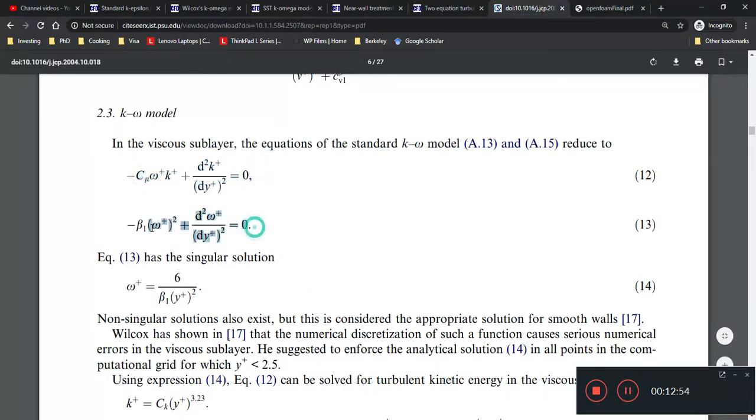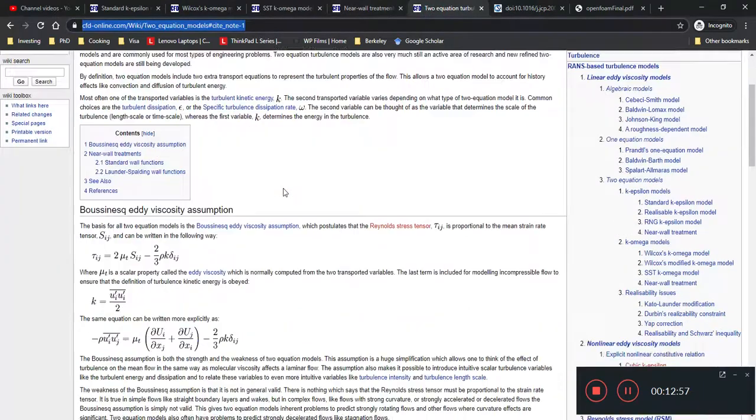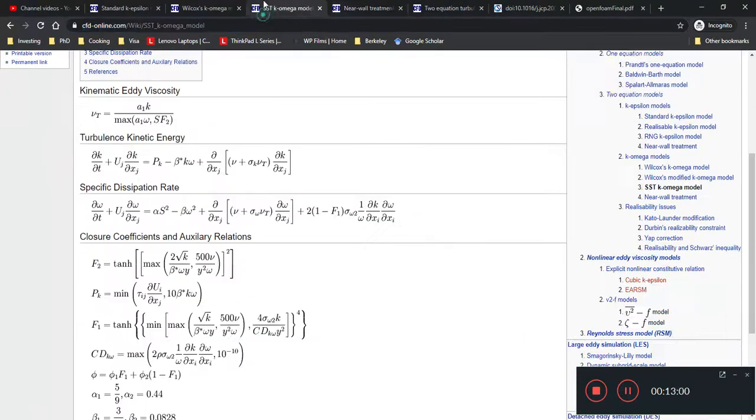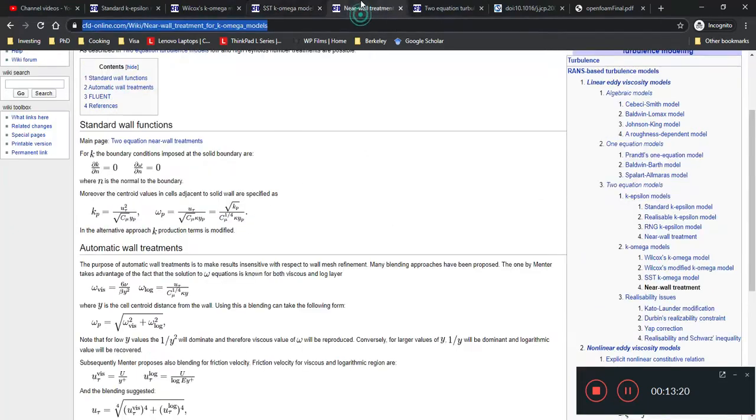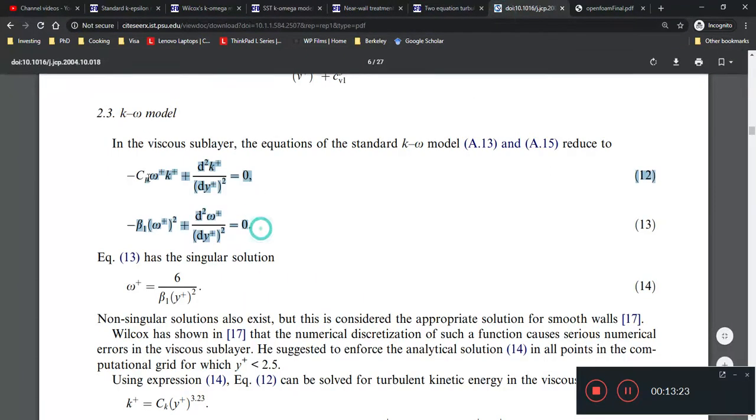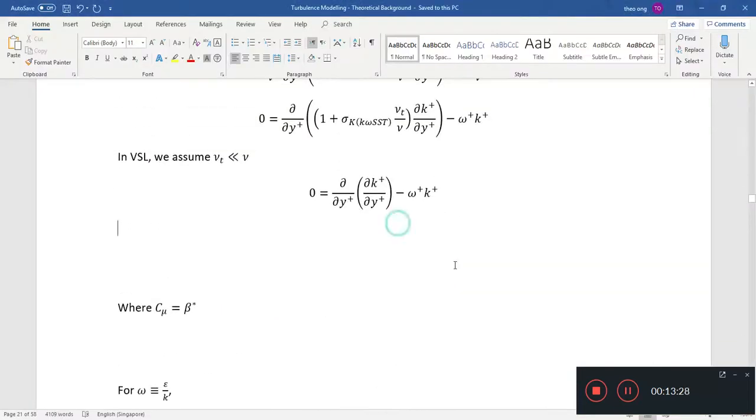If you do the same for the omega equation, you eliminate most terms like the source term, and you eliminate these 2 terms, and of course the k epsilon term also drops out. Then we are just left with the dissipation term and the diffusion term here. We do the same boundary layer stuff, and then the differential equation we end up with is this. I think I'm missing a c mu,